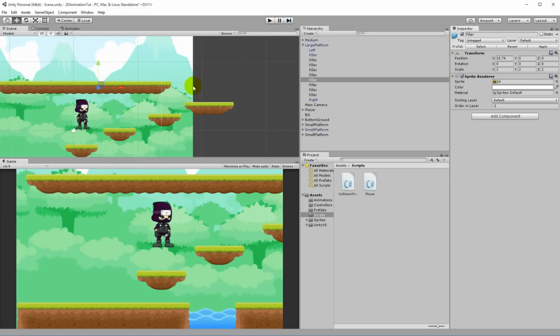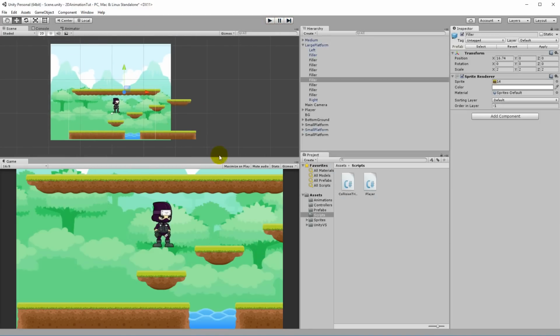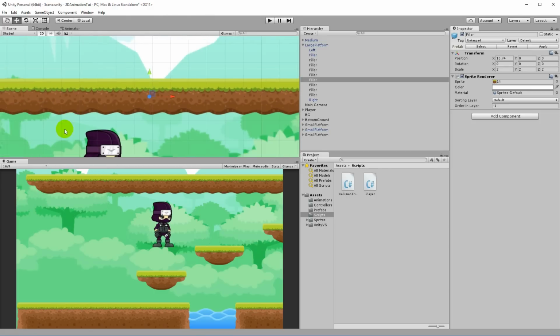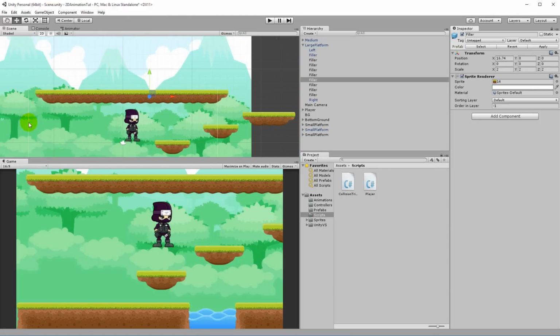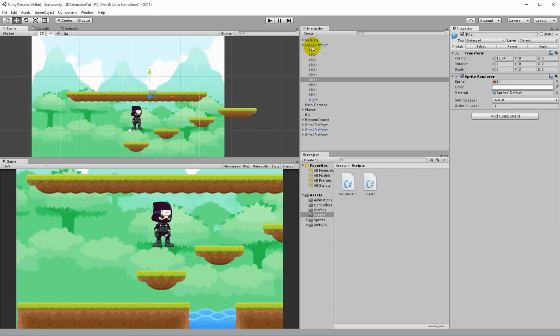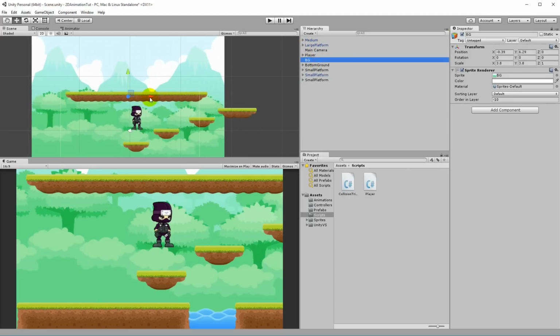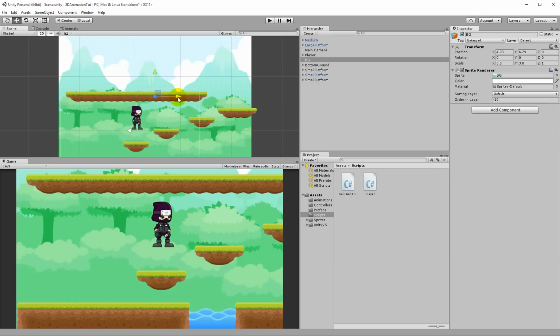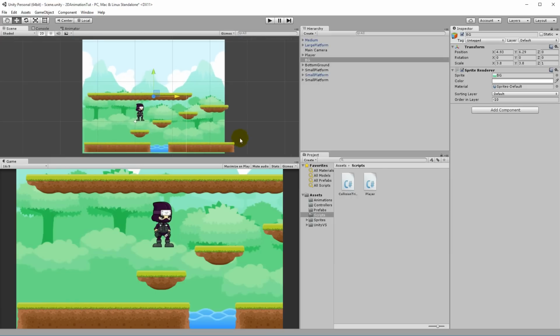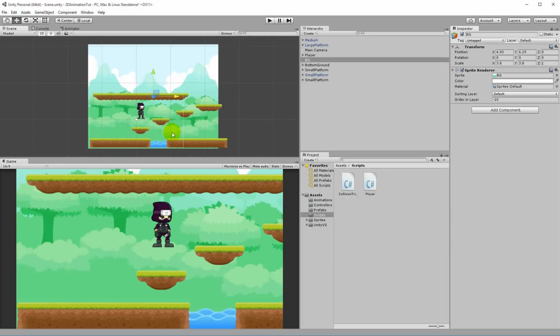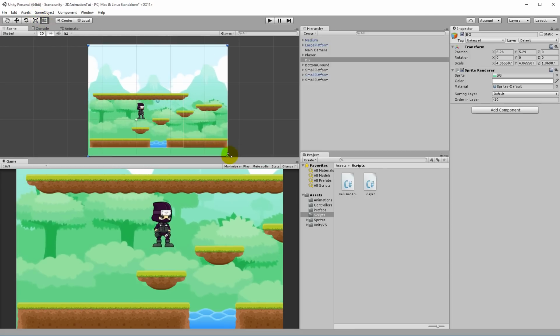So right now we would like to make sure that the background takes up all the space that it can. So you can see on the camera there's this little white edge here, and that's the edge of the camera. So we can take the background and move it so that it just goes to the edge here on the camera. But you'll see that we want the camera to be able to follow the player so that it goes to the edge of the platform here. So we need to make the background a little larger. So we can select this tool right here in the top right and then stretch it a little so that it goes over the edges of the what they call the platforms here.